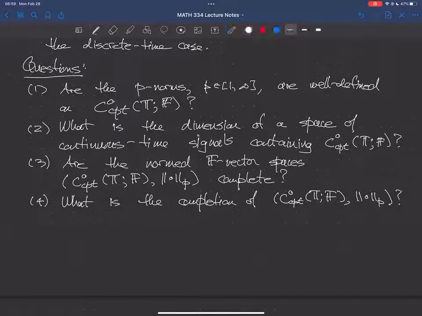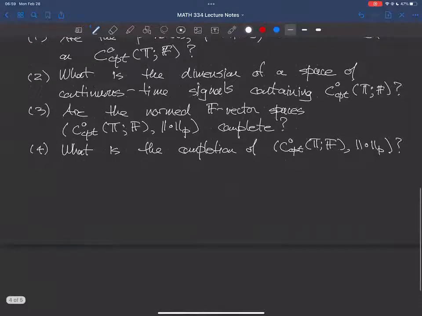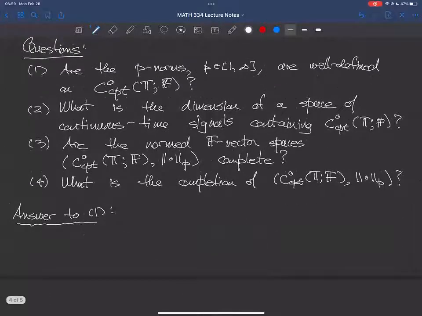All right, so let me maybe first make sure that our restriction of continuous signals with compact support really does ensure that these norms are all defined, because that was one of our requirements. So, answer to 2.1. All right. So we're going to let T be a continuous time domain.